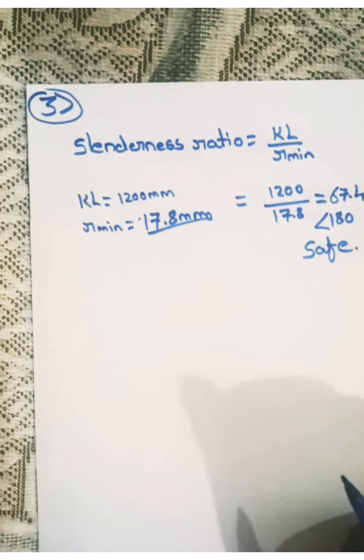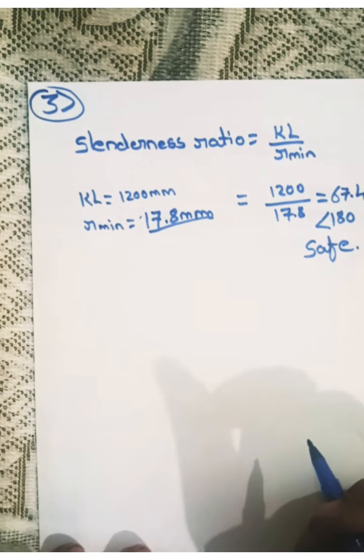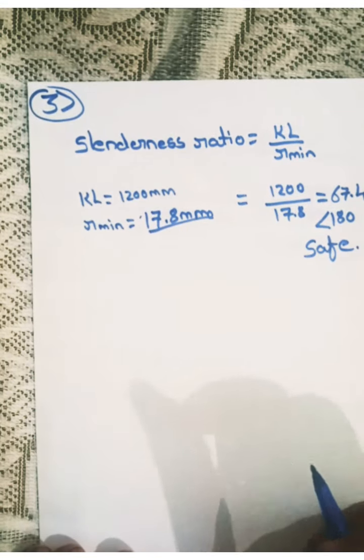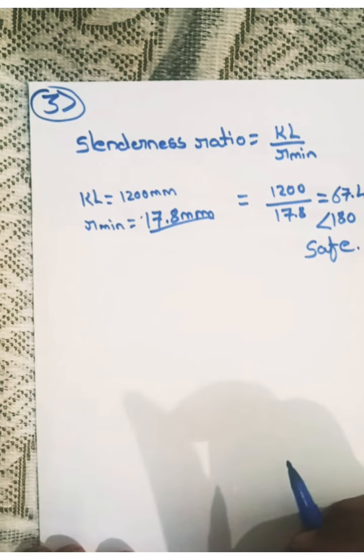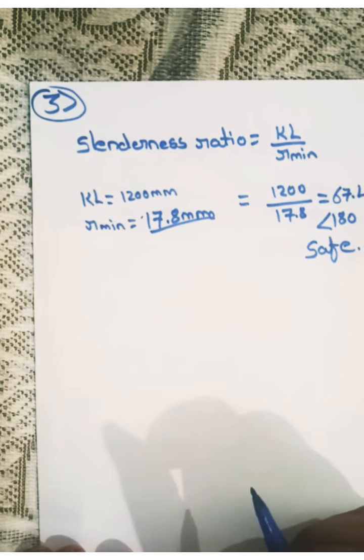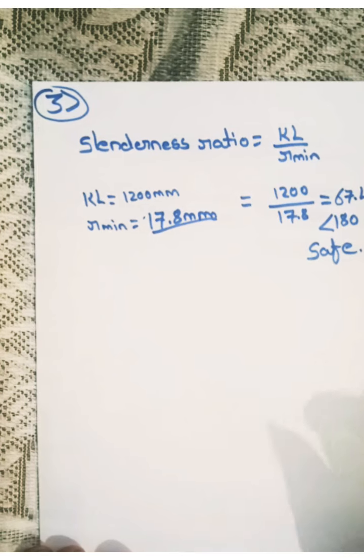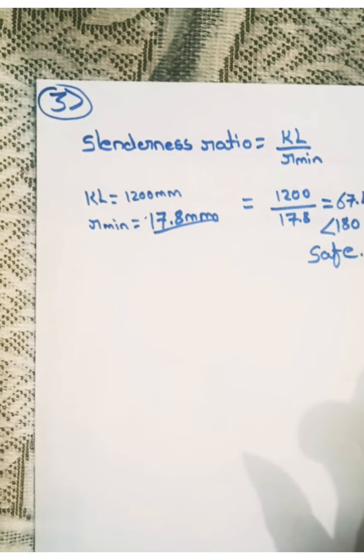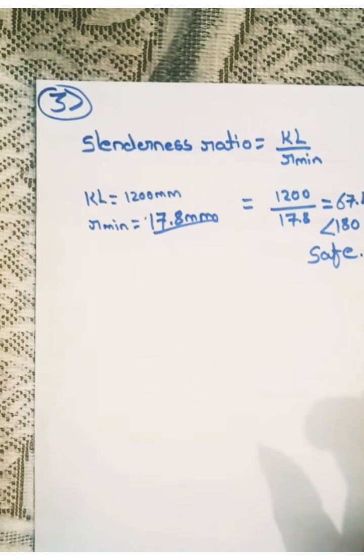For that we need to use Table number 9. We will not be using the formulas because that will be lengthy. So we will directly use the tables which are given in IS 800. Remember, the major difference between single angle and double angle is that a single angle, when loaded, will most of the times have eccentric loading. Table number 9 is not for eccentric loading, so we cannot use Table number 9 for single angles.